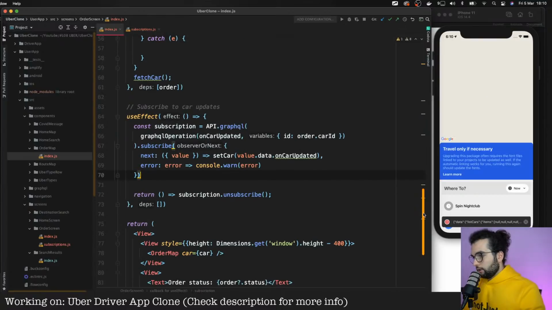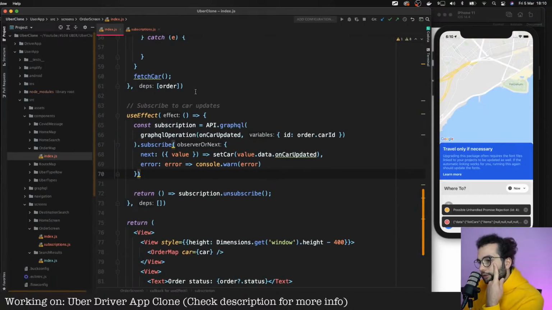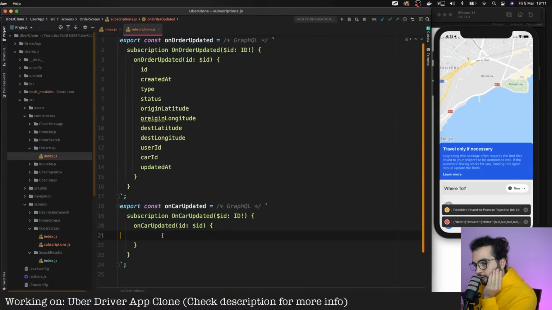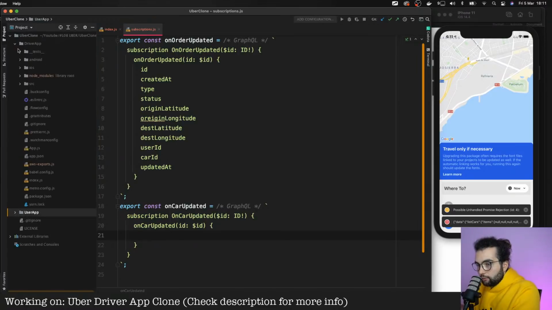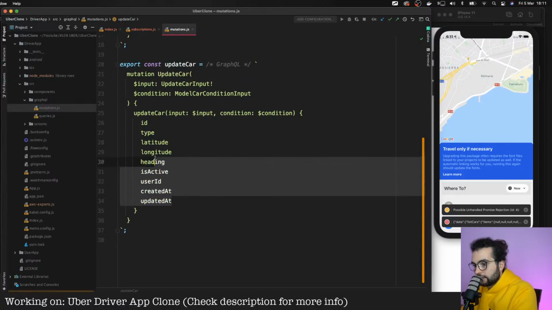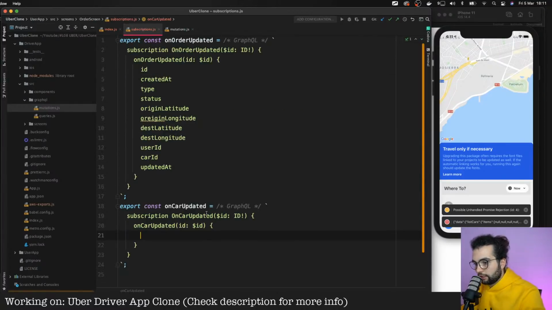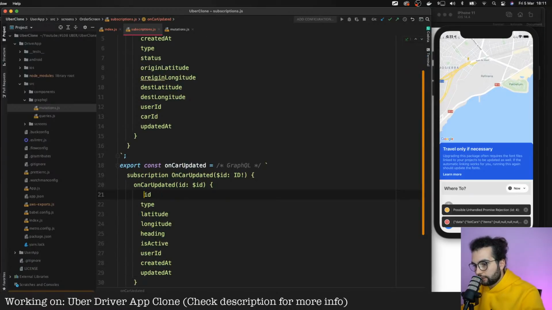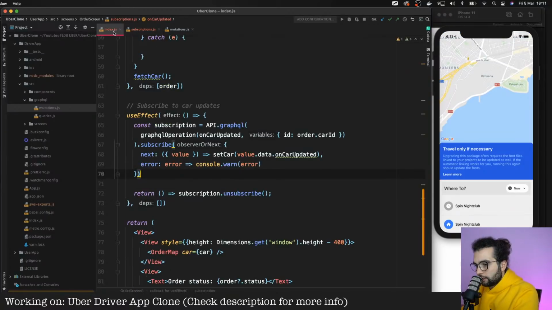Okay, here in the subscription, we need to add the fields that our mutation is using whenever it's updating. That mutation in our case is in driver application, source, GraphQL mutations, and update car. These are the fields that we are going to include here. Save. Going back here, I think that we are good to go.